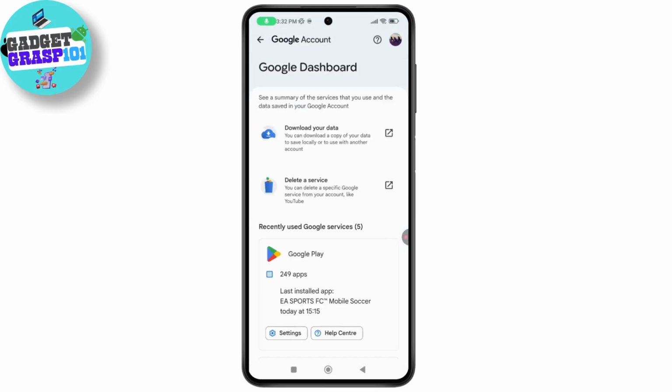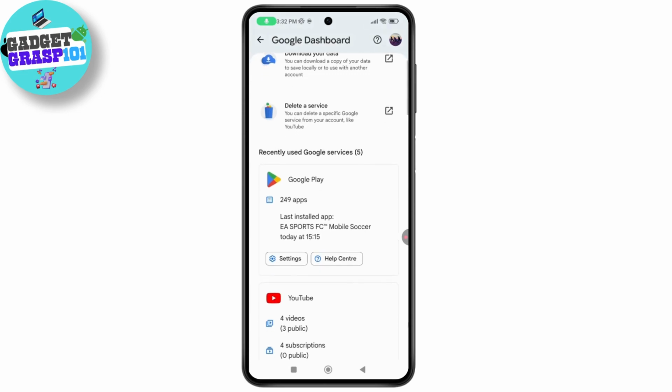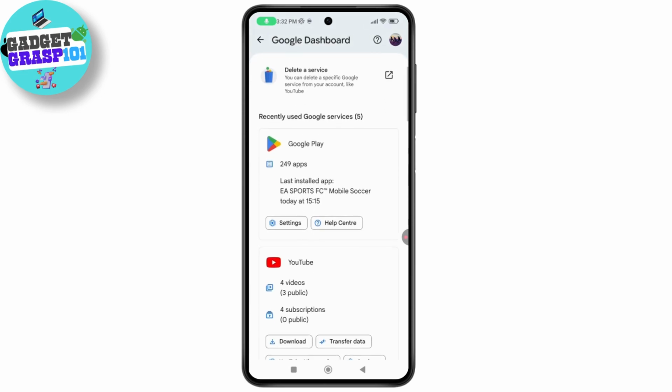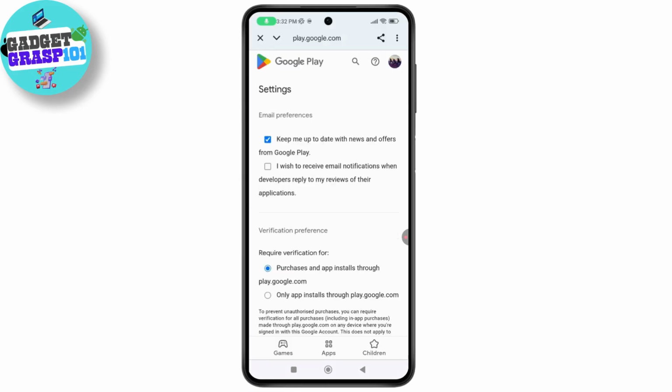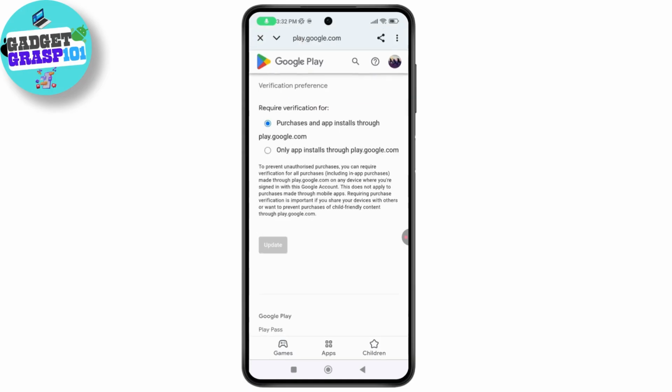Once you tap on it, you will have your Google dashboard. So you need to scroll down and find the Google Play settings. Once you find your Google Play, you need to tap on Settings right here. Now, as you tap on Settings, all you have to do is scroll down and tap on the Update option, which will be right here, and make sure that you have the latest version of Google Play Store app on